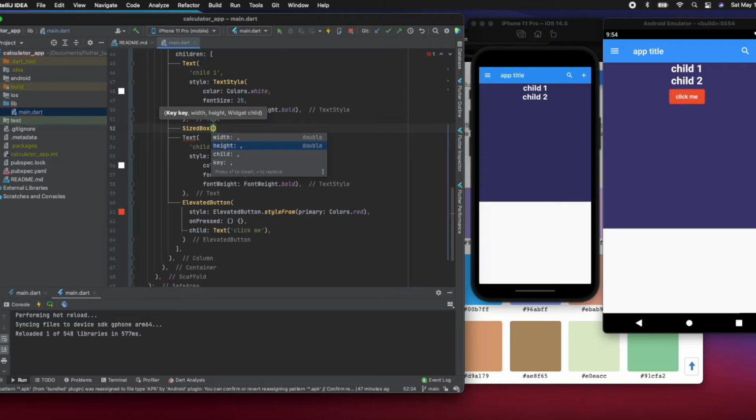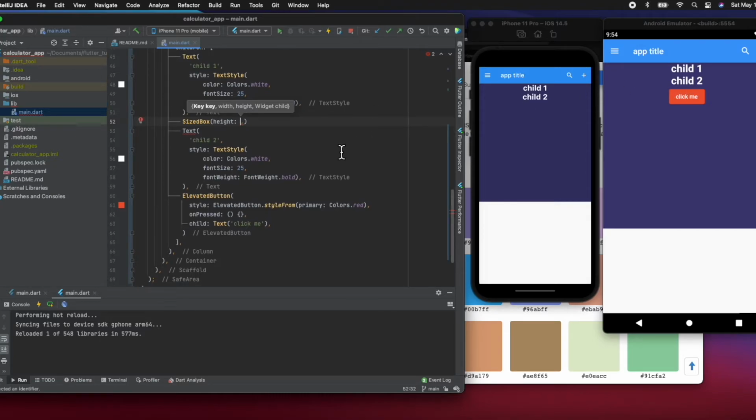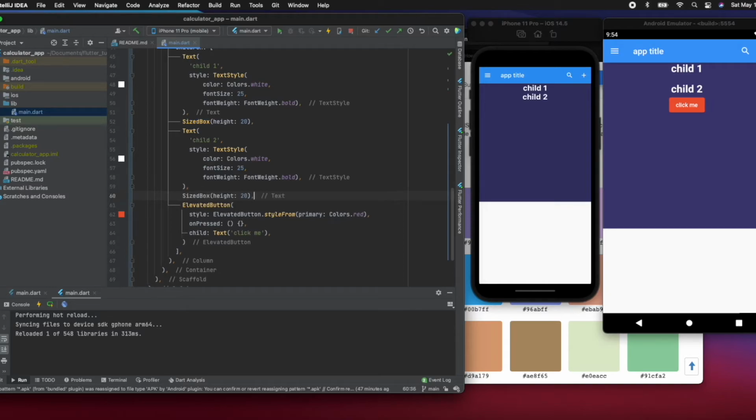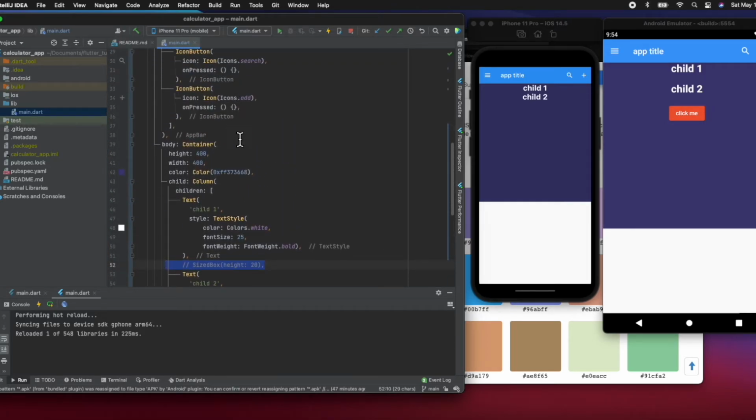Right now we don't need a child, we don't need width, we only need height because we want to give space between each child. So we can give a space like here. And let's make sure we put a space there, right? We could give it a space here, and then we could copy the same thing and put a space here as well. We could do that, but we could also use another way, which is column gives us,